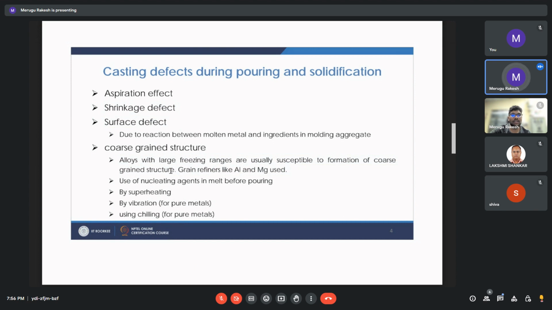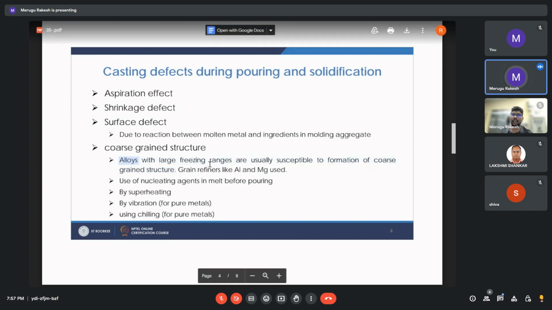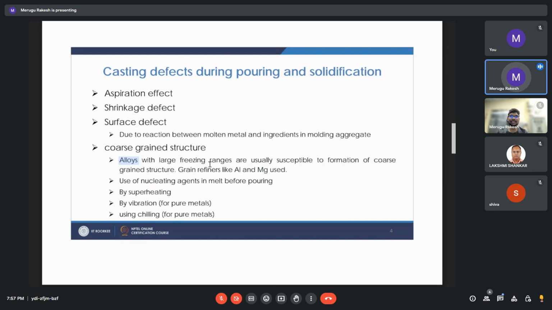So basically, these coarse grains are good because they have very good ductility, but at the same time, they have very low strength or yield strength. So that's why we need to refine these coarse grains. We can do that in many ways. One is by adding grain refiners. We can add nucleating agents. We can superheat it and quench it immediately, or use chilling